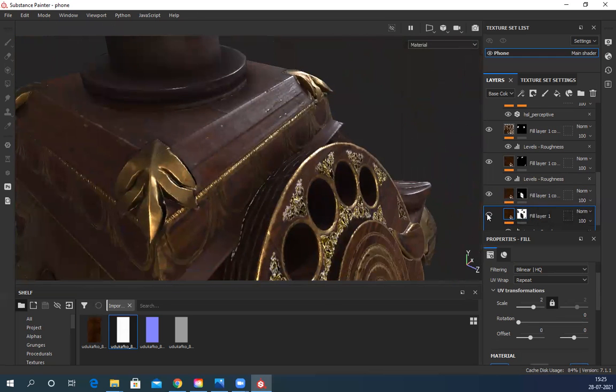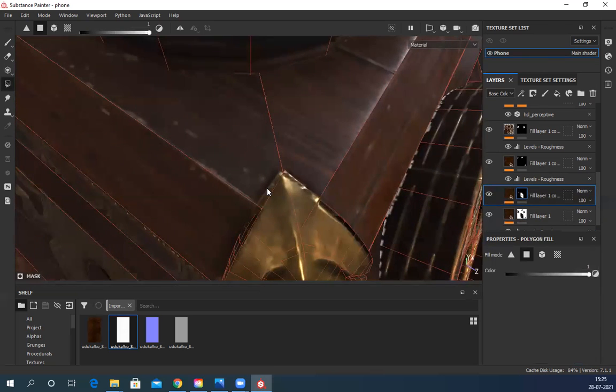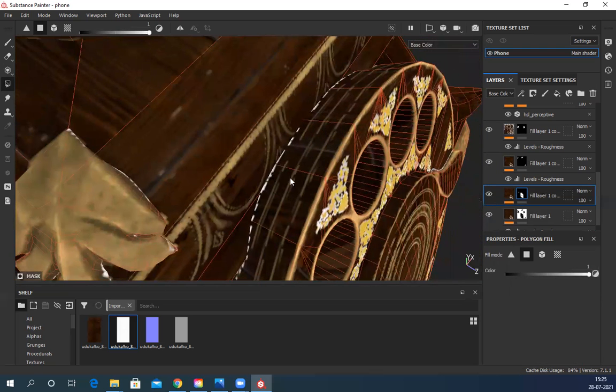Got it, sir. Okay, these two are fine. Let's see. Oh no, it's not gray color, it's something else. And I can see some gray color here.